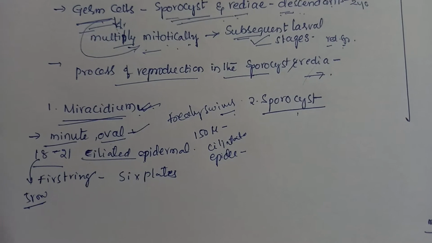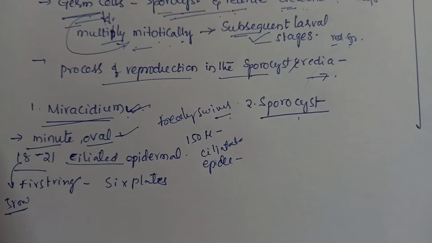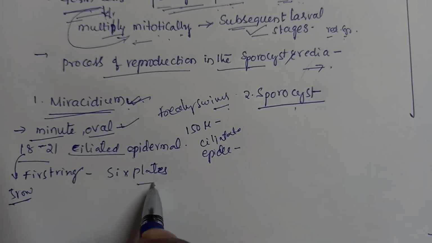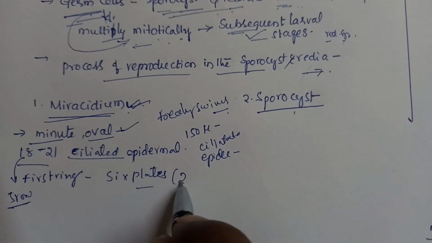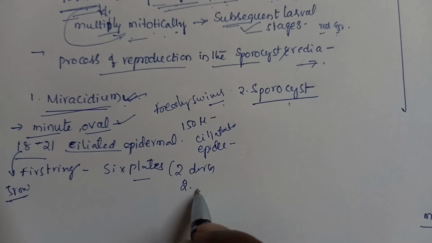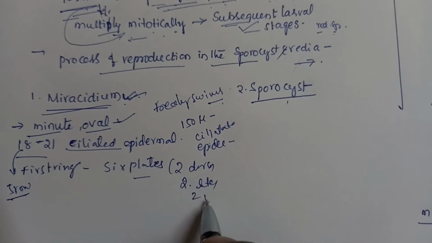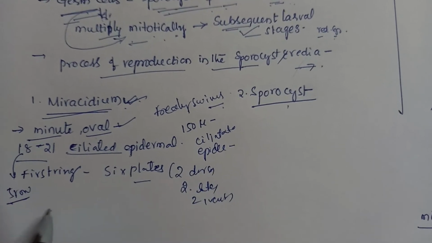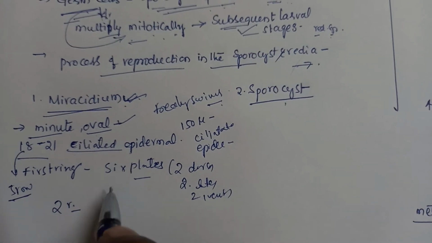The first ring is made of 6 plates: 2 dorsal, 2 lateral and 2 ventral. The second ring again has 6